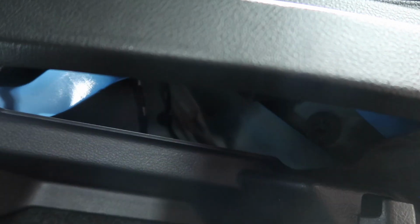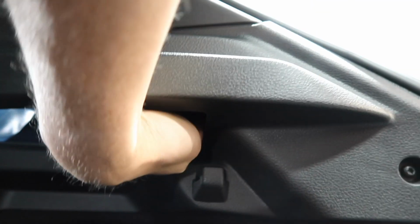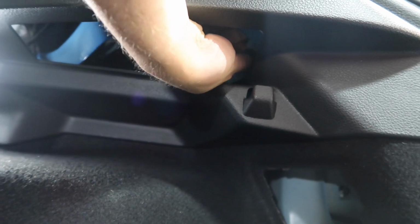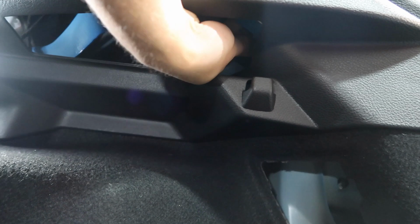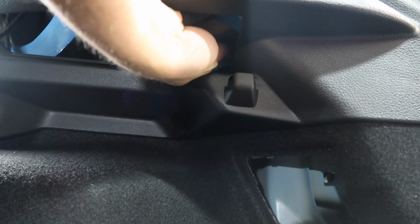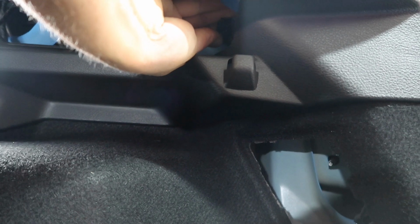And then if we look up here in this sort of gap which isn't covered, it's maybe hard to see, but there is another back screw exactly the same there. So we also need to remove that. So it's a similar, if not identical thing. It could be in very tight from the factory again. You may need to use some pliers. But once it's loose, you can carefully use your hands